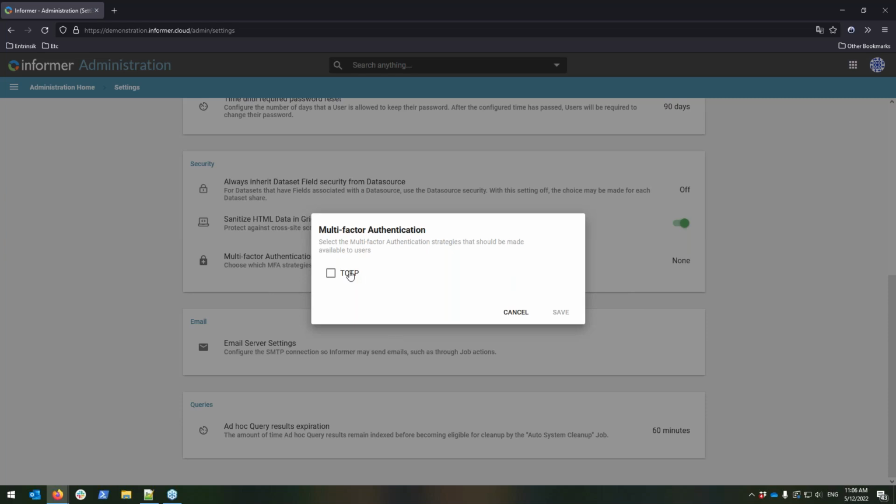You may have heard these through Google Authenticator or Authy. Those are some of the bigger tools that use a time-based one-time password. So if you enable multi-factor authentication, it's going to apply to every account in the system. And when they go to log in, they'll basically be prompted with a QR code to set up their MFA